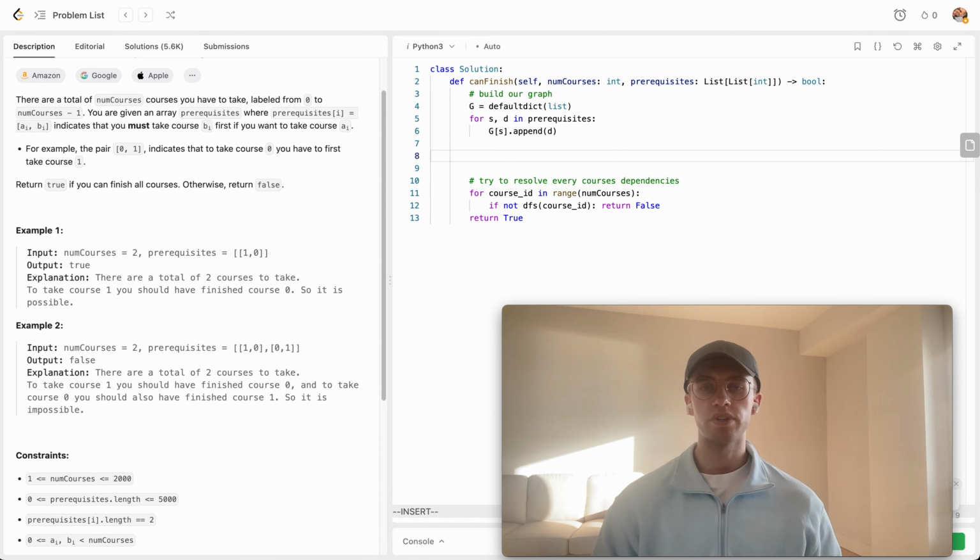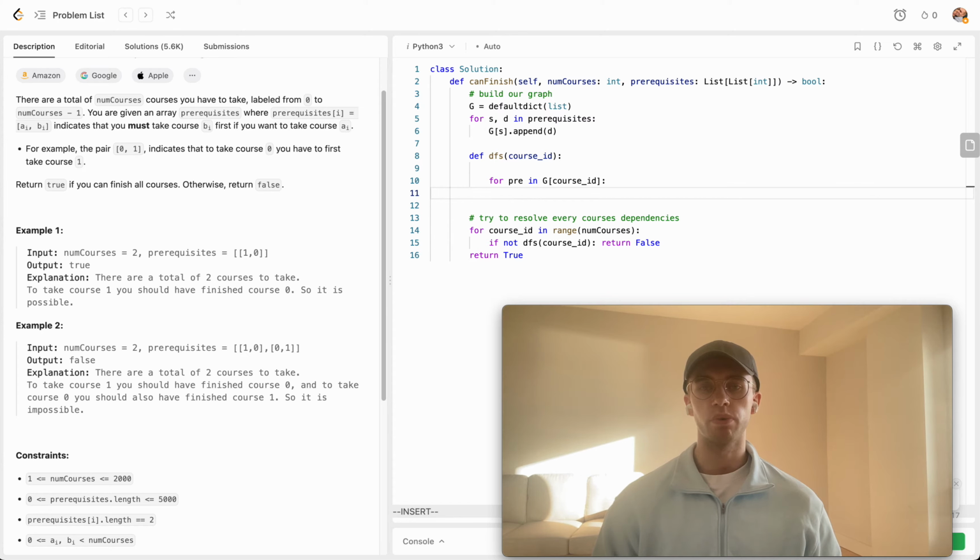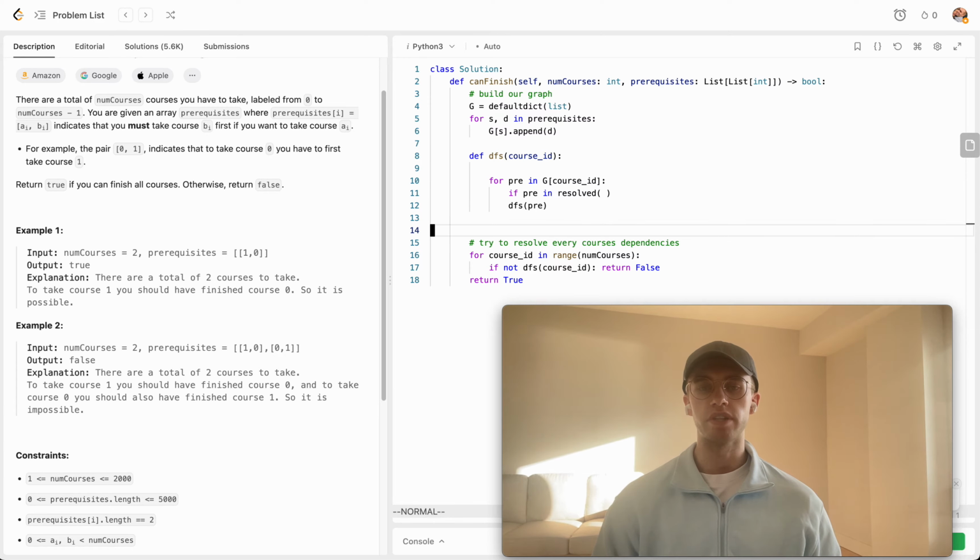like so. And so we want to say, okay, let's create our depth first search function here, and we'll pass in the course ID. And so we're going to want to basically iterate through. So for every prereq in this particular course's prerequisites, we'll be calling depth first search on it. And so we want to say, okay, let's call DFS on this prerequisite. However, we want to skip it if we already resolved it before. Okay, and so we just want to say, okay, if this prerequisite is in resolved, so that's going to be a set here,